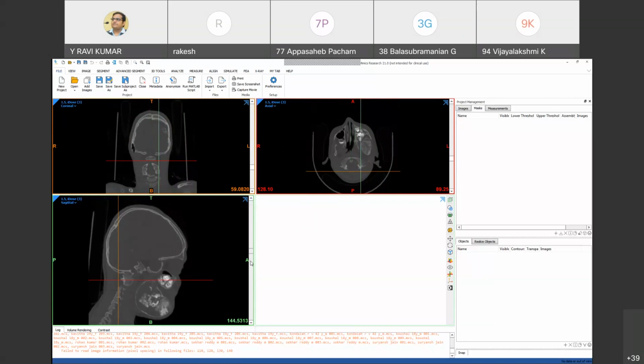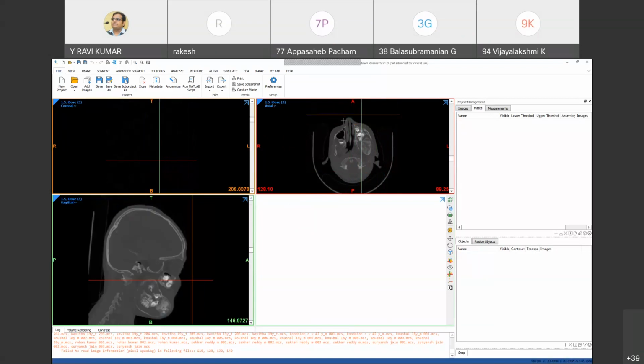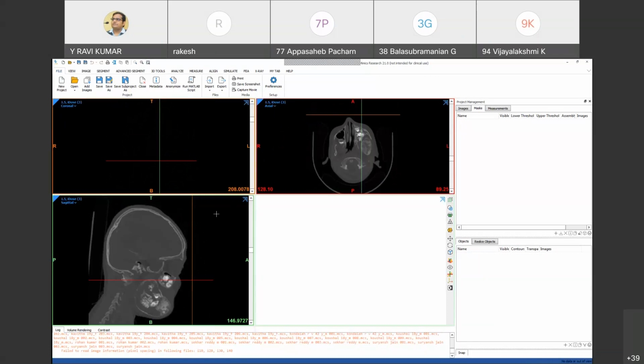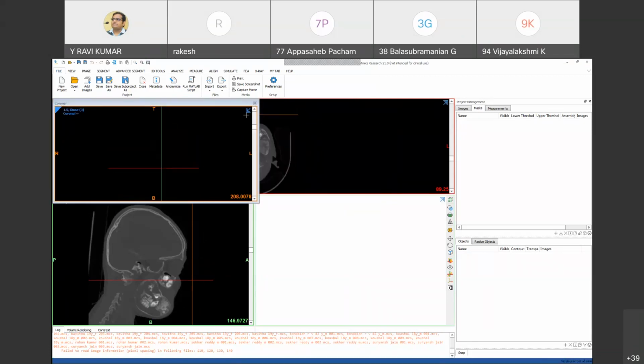So these are the grayscale images. You can click. There is a visible option. It is not there, but if you click here and you press the space bar, you can see the entire screen with this. So it is a shortcut.